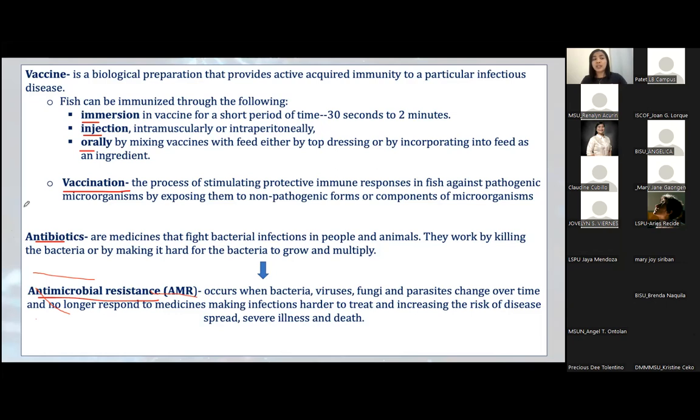Kaya ngayon, yung ginagamit is vaccine. Okay? Yung ginagamit ngayon is vaccine or naglalagay na lang ng symbiotics or pwede ding probiotics sa feeds. So yun yung purpose ng aming project dito sa LSPU. So for 4 years now, 2 projects yun. Because ito nga gustong pigilan itong AMR na to. So we have developed a symbiotic which when given to a fish, it really improved their immunity against diseases.